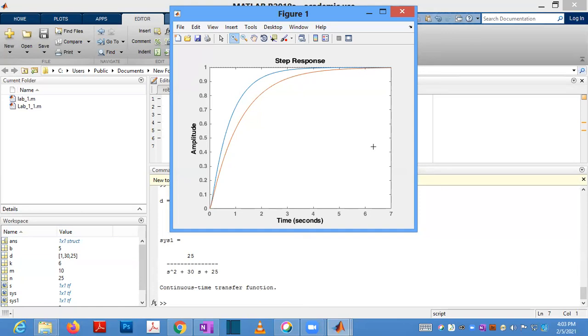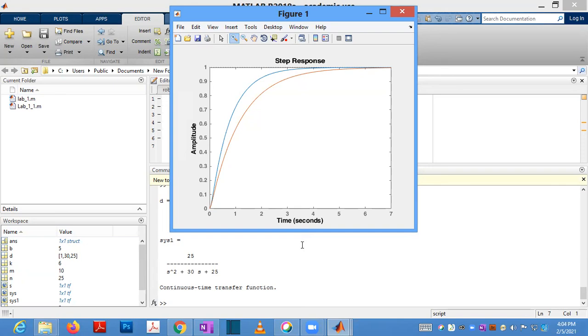So earlier it settled here at 4 seconds. Now it requires 6 seconds to settle. That is called an overdamped system. Critically damped means it takes the minimum time to reach the final value without overshoot. That is called a critically damped system.